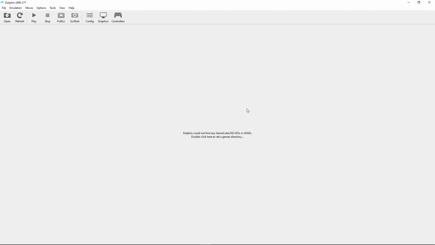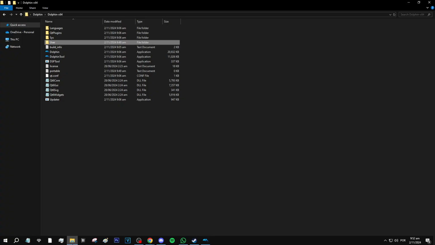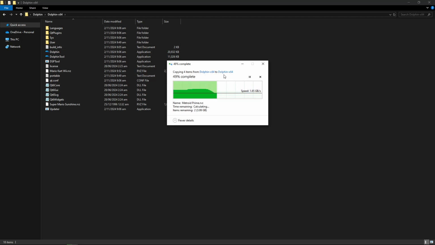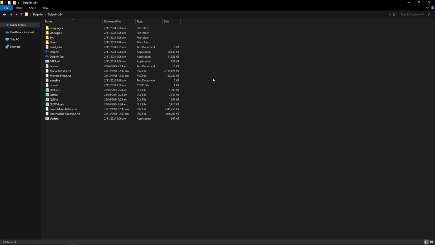The first thing we're gonna do is set the games directory, or the place where you want the emulator to scan for games. I'm gonna go ahead and drop a couple of games that I have here with me in the emulator folder. This can be pretty much anywhere on your PC, but for this tutorial, I'm dropping these game files in the game folder to edit later.